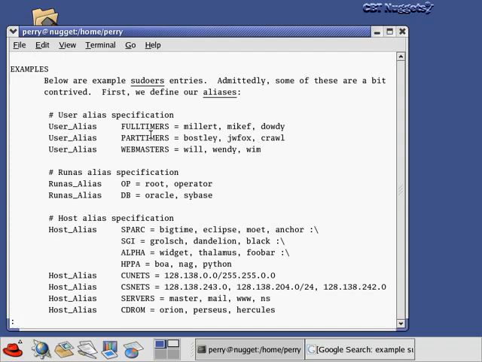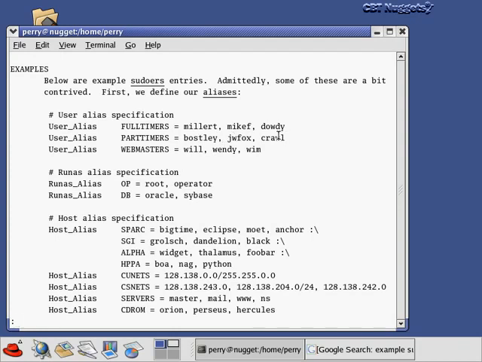Okay, so here they have full-timers like Miller, Mike, and Dowdy. These full-timers will have certain privileges when we get down later on in the configuration file. But the reason that we create an alias here, the reason this is nice, is because if some full-timer is fired or quits or something, we can just take them out of this list, and then they're off the system. The other thing we can do, if we hire a new full-timer, we can just add that person's name to this alias list, and then they will have all the privileges that these other 3 users were already set